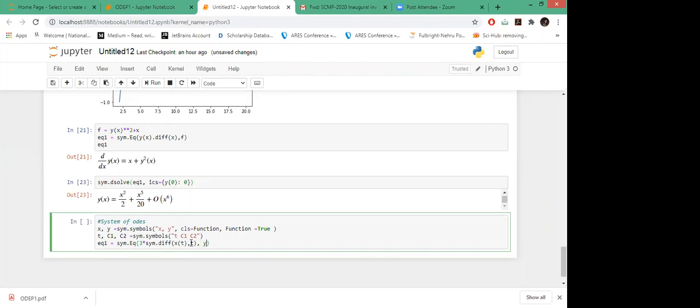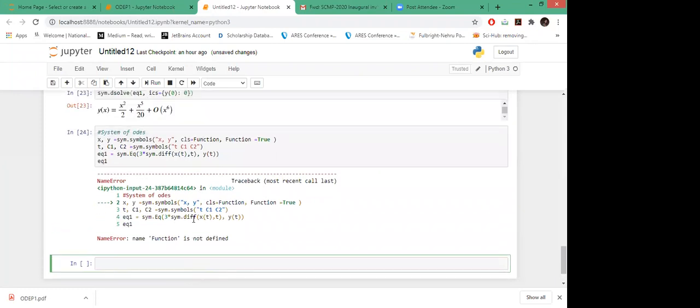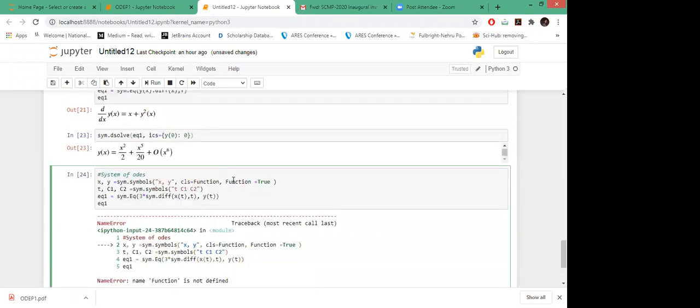Okay, there is some error. The function is not defined.